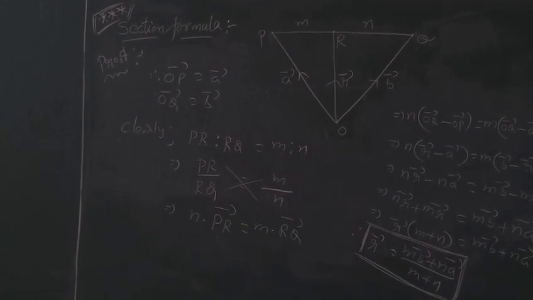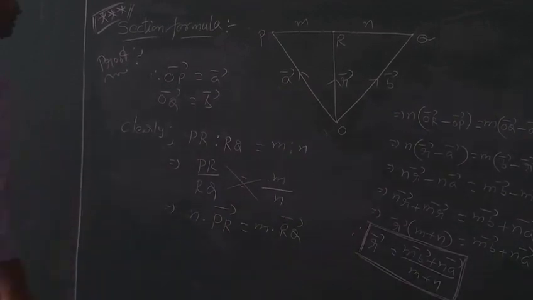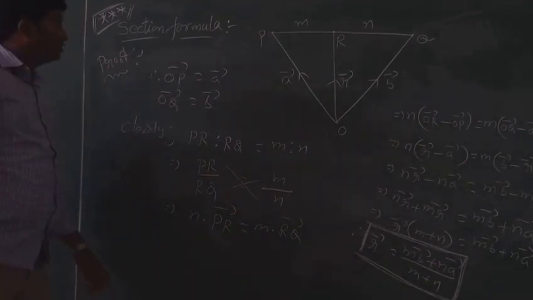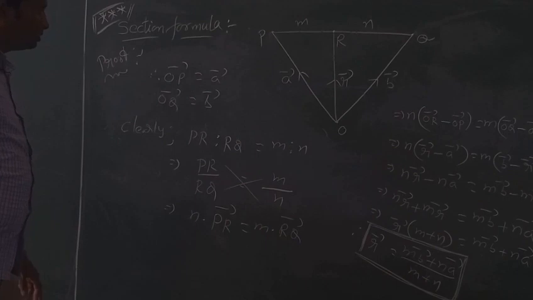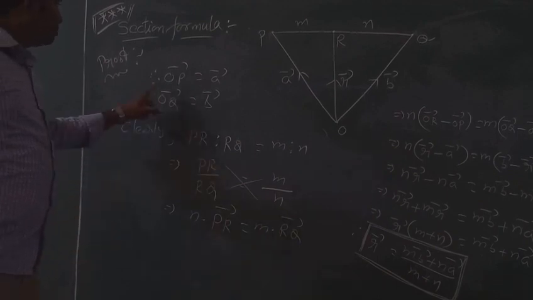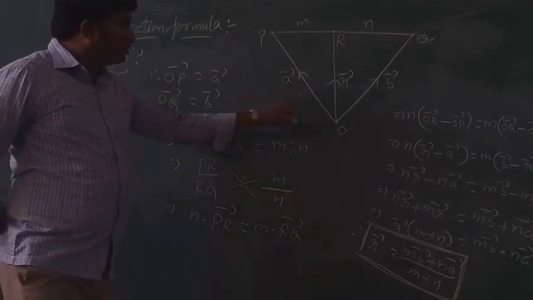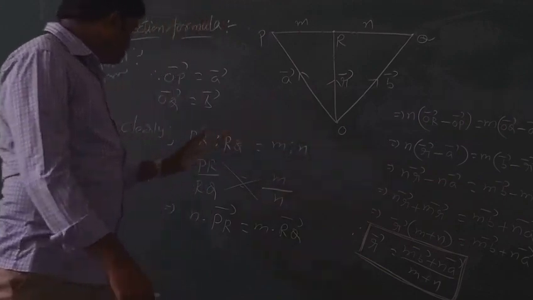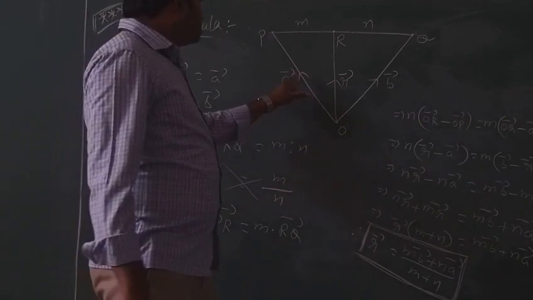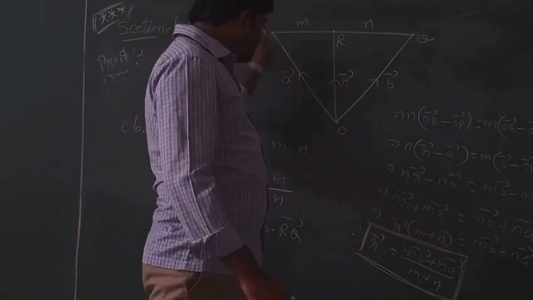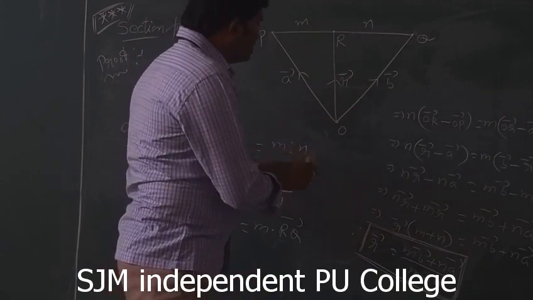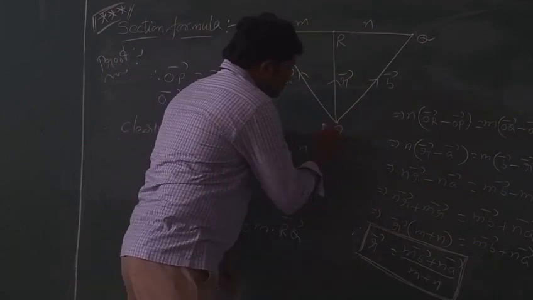Write down very clearly. This is the derivation, a simple derivation, but for 3 marks. Write OP bar is equal to A bar, OQ bar is equal to B bar, and draw one figure on the right side of the page. Yes, the arrow mark is very important. Position vector of P, R, Q, direction from the fixed point. What is the fixed point here? O.